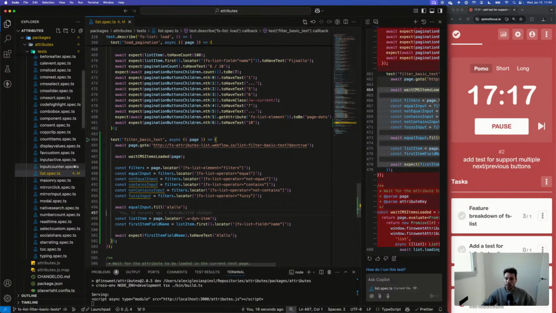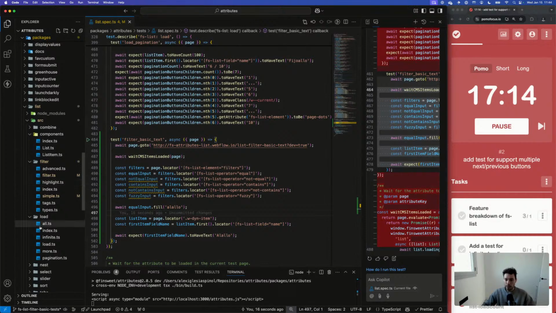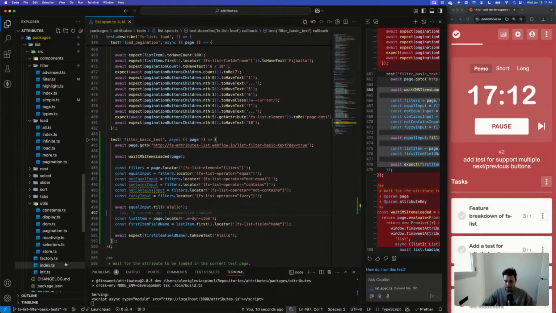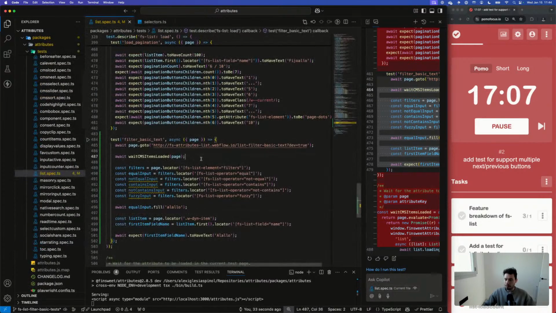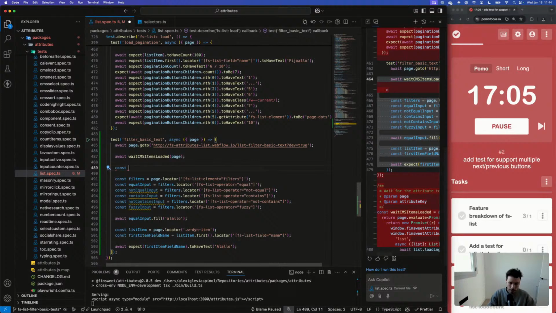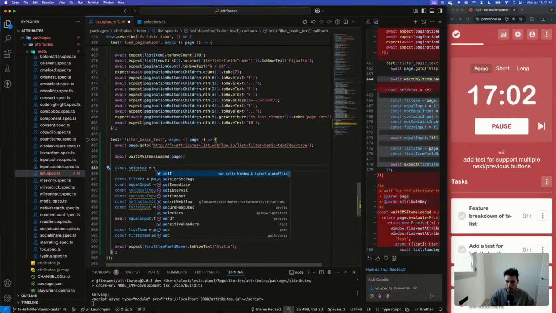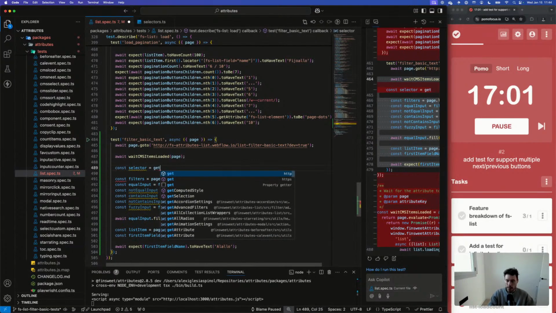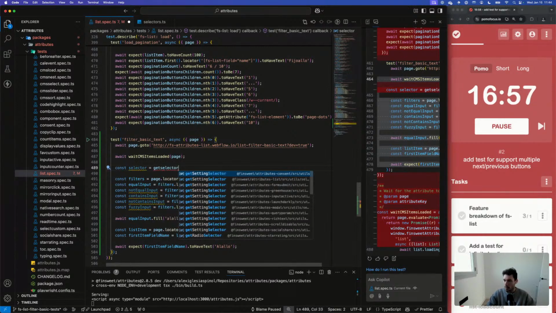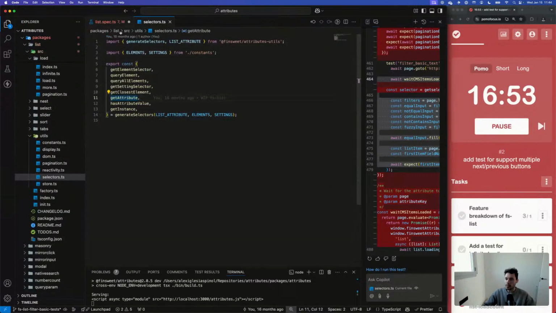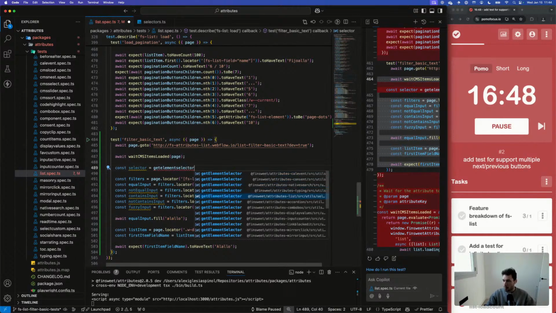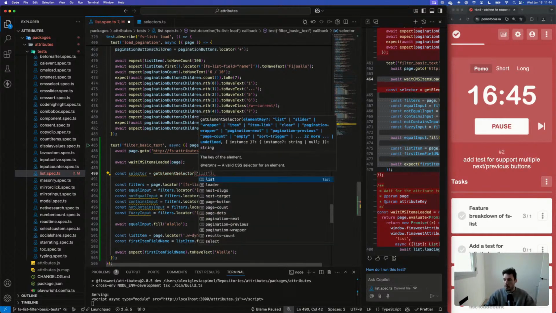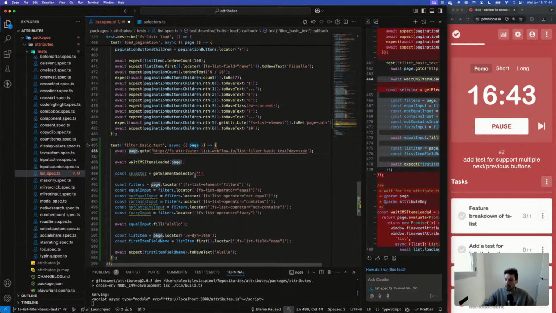Now I'm wondering if we can simply use the selectors from here. Let me try something. Const selector, get element selector from list. Can I do that? Yeah, that might be better.